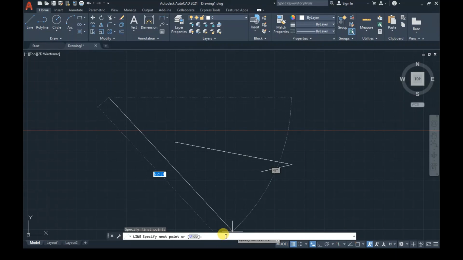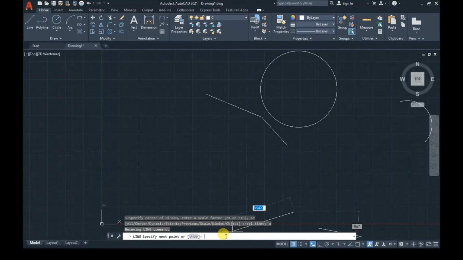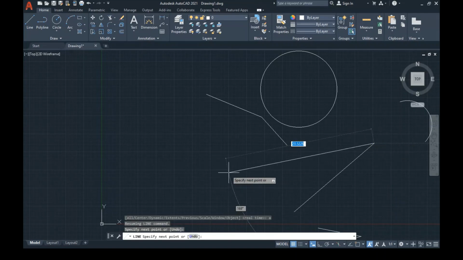Now I say apostrophe Z space A. It has done zoom for us. So the line command is still on, but we have used a zoom command in between, and this is called a transparent command. We can run this transparent command with the help of an apostrophe in the command line. Fine. So this was about transparent commands.